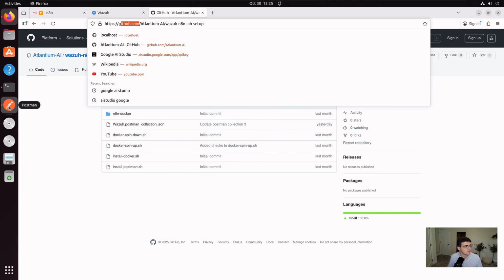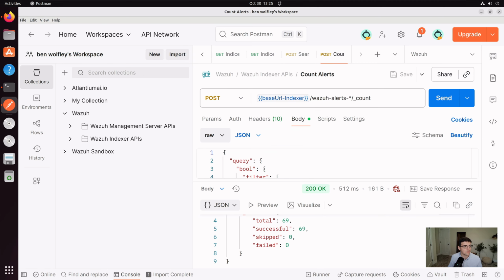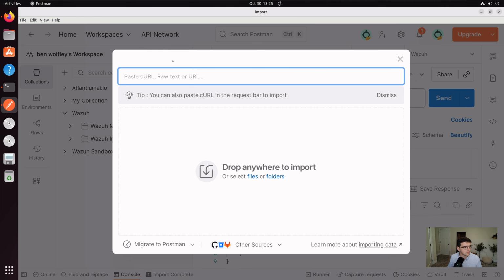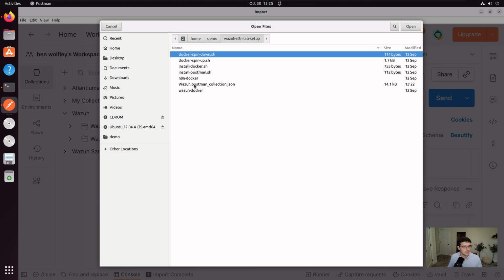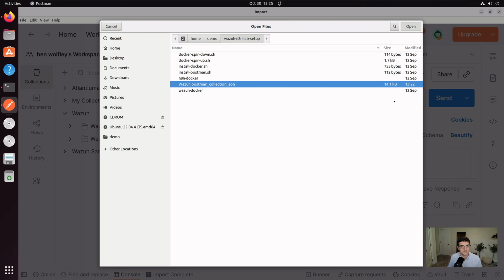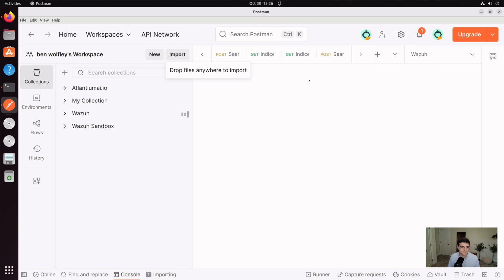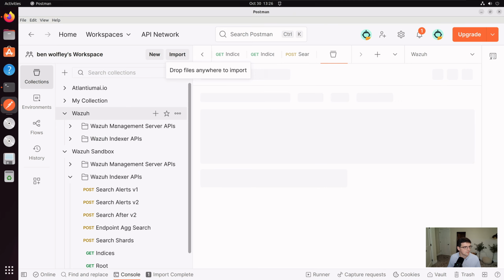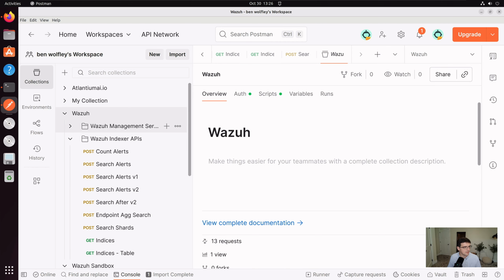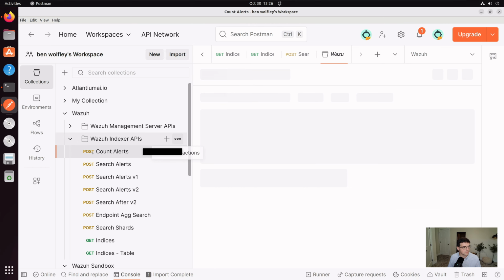Okay, so now let's move over to Postman, and we're going to import the most recent collections. Let's go to Files. Go ahead and just re-import this Wazuh Postman collection JSON. Now it's going to say it already exists. What you'd like to do, go ahead and just replace it. Okay, and then open up the indexer APIs, and let's go to this new POST